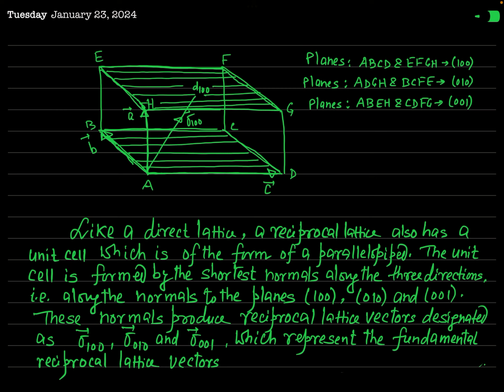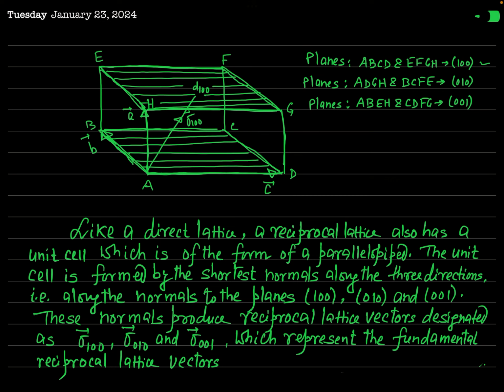For this it will be 1. So these planes A, B, C, D and E, F, G, H are marked by the 1, 0, 0 plane. Similarly, the plane A, D, G, H, you can see A, D, G, H. This is the plane A, D, G, H. Okay, and you can see this plane is parallel to the plane